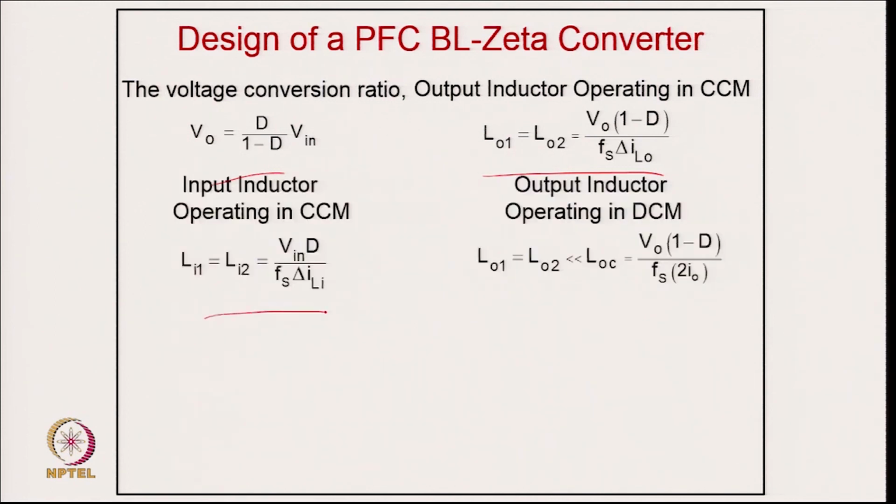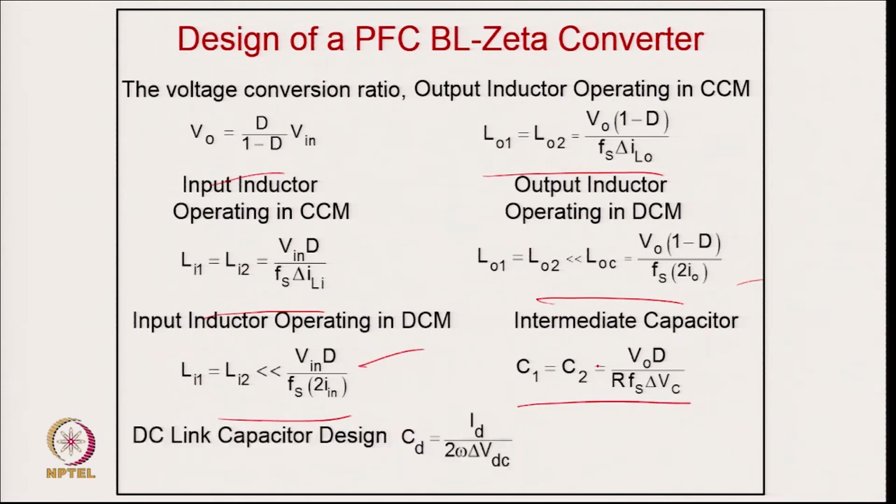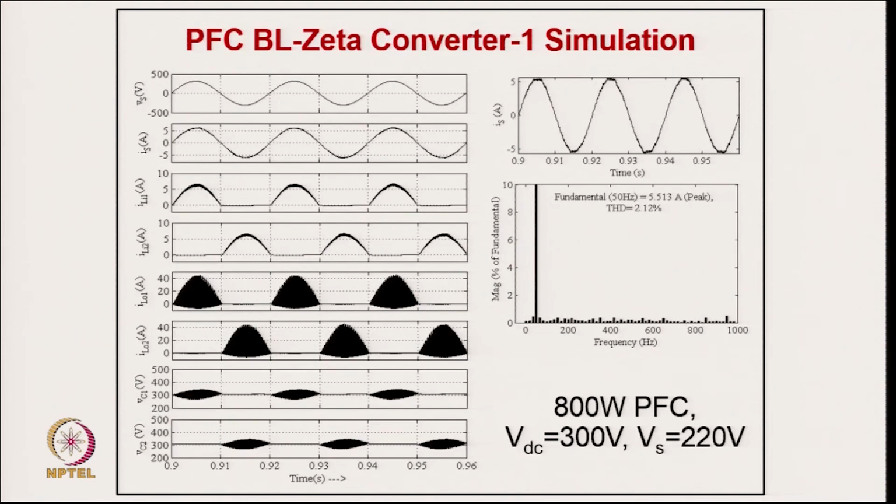for continuous conduction, and this is the boundary condition which you have to keep for DCM less than that for the output inductor, and this is the input inductor if you want to design for DCM, and this is the energy transfer capacitor for this Zeta converter, and this is the output capacitor calculation corresponding to second harmonic and ripple voltage, which you really have for capacitor design for the output, and these are the typical design values for 800 watt